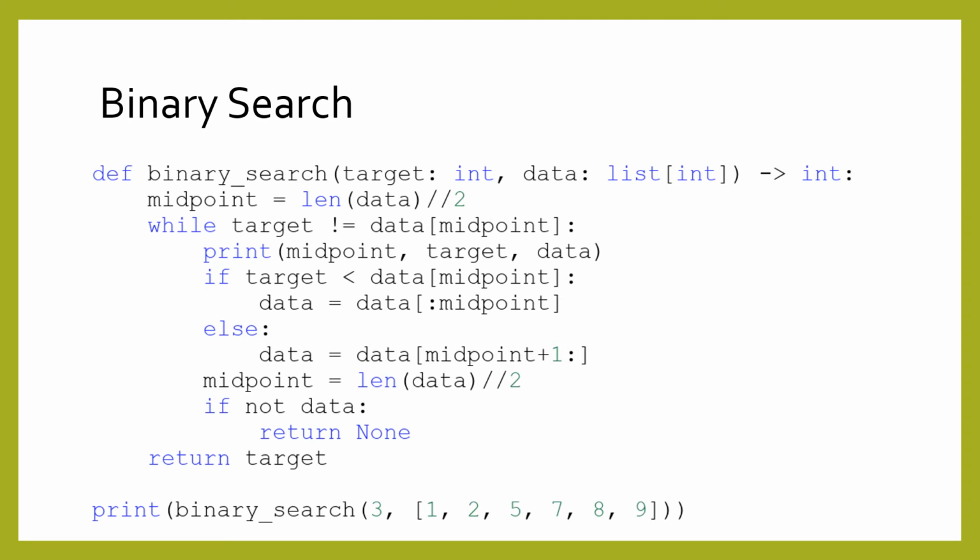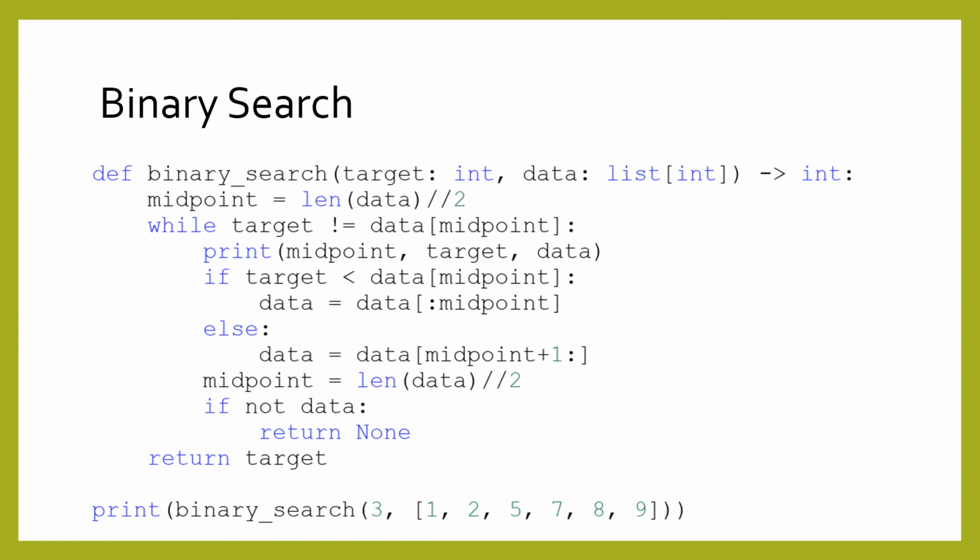Shown here is the classic binary search algorithm that repeatedly divides a sorted list in half to find a target. First, the function calculates the midpoint of the list using the len function. If the target is equal to the value at the middle index of the list, then we stop looping and return the target. However, if not, then instead we check whether the target is less or greater than the value at the midpoint. If less than, we trim data to be only the first half of the list. If it is greater than, we trim data to be the second half of the list, skipping over the midpoint